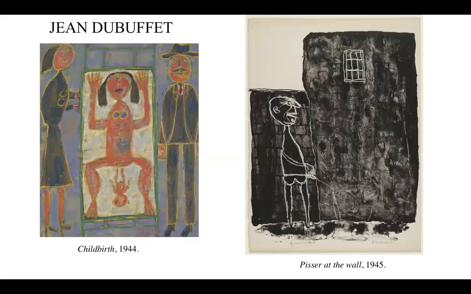My next artist is Jean Dubuffet, and he created works right at the end of World War II. He's a European artist. During this time, there were many parts of Europe that had experienced a lot of death, poverty, and economic decline. I think his portrayal of figures definitely mirrors the social and economic situations that a lot of people were experiencing at the time. In both these works, the portrayal of the figures is quite crude, and the harshness is emphasized by the flatness of the picture plane and also the way he's outlined the figures.